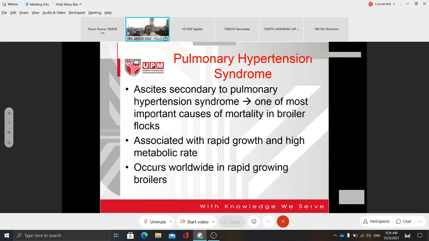The next one is pulmonary hypertension syndrome. This usually happens in broilers, especially at the end stage when they are already really big, around 4 weeks or more. And then what you'll see is ascites secondary to pulmonary hypertension syndrome. It's associated with rapid growth and high metabolic rates of these birds, because broilers, I think I've mentioned in the previous class,